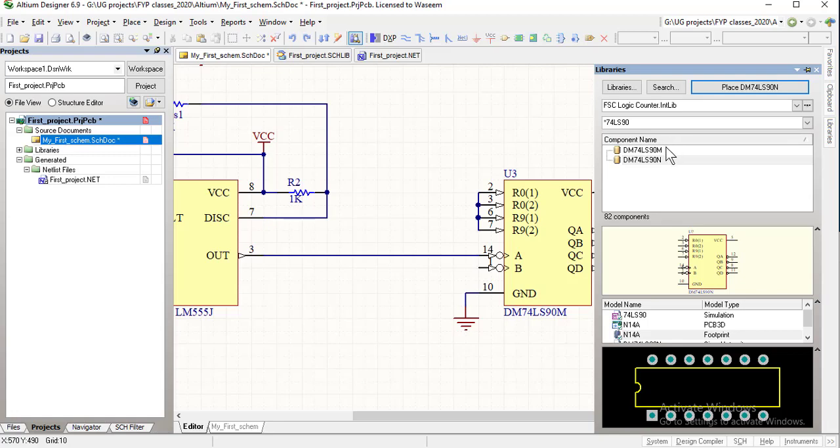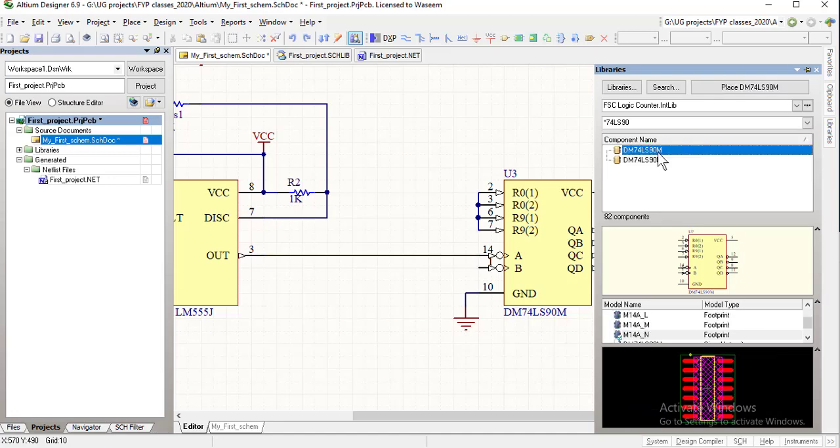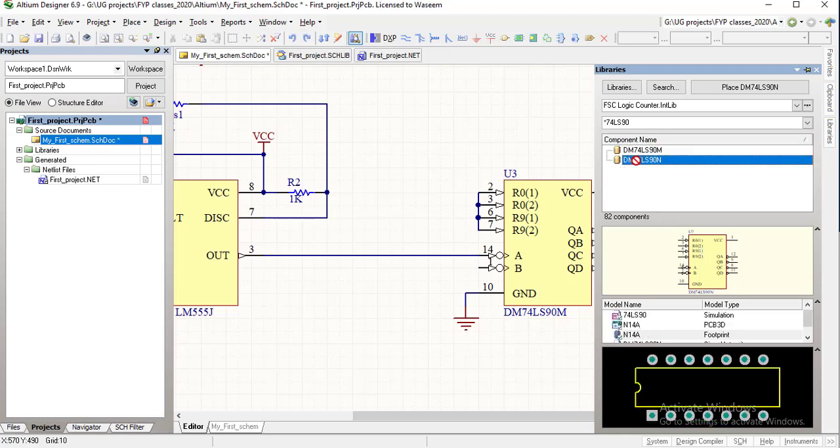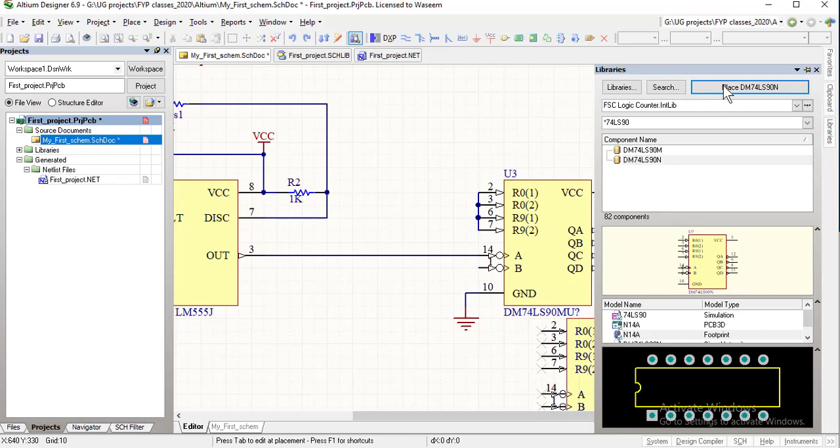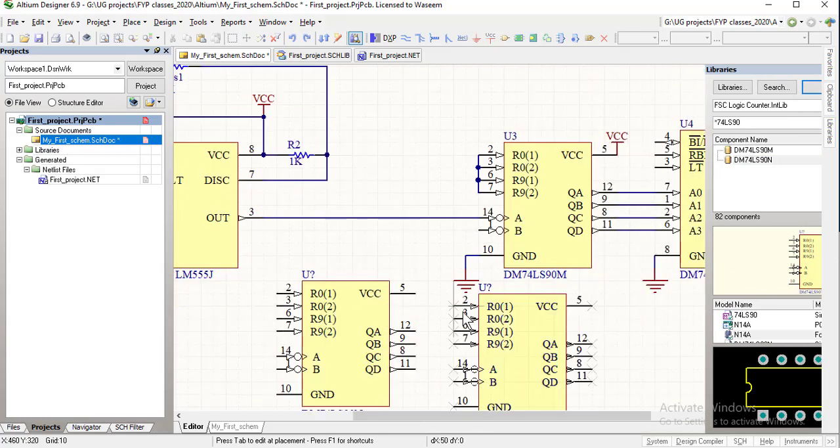So we can see here that with this name 74LS90, we have two of them. One is 90M. The footprint of 90M is visible here, which is a surface mount component. But 90N is a through hole component. The footprint is a through hole. So we need to replace this component. So we place this component here,